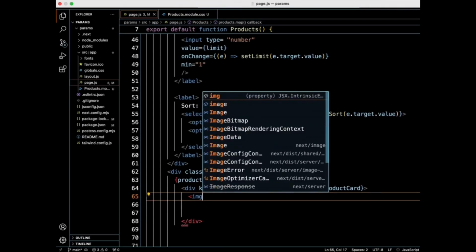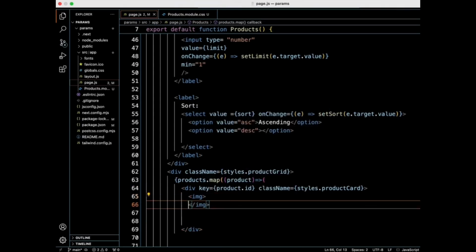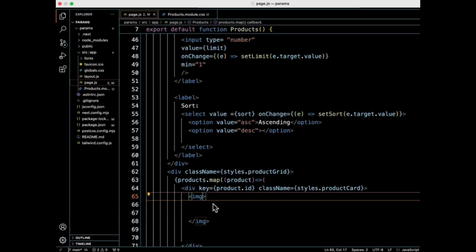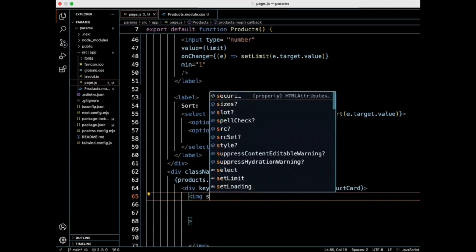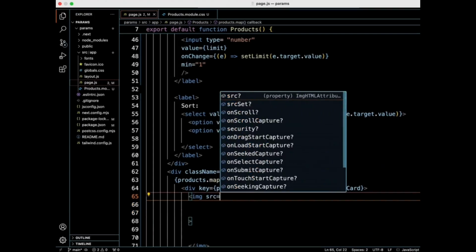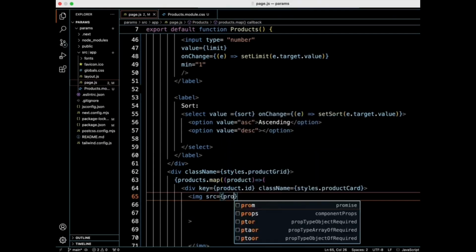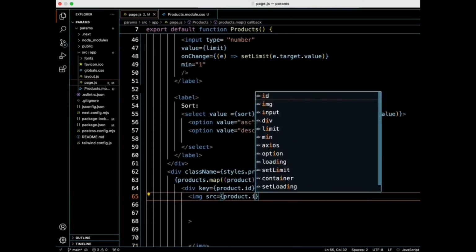So we're just going to call in image, and of course our image tag comes with the source, the ALT, as well as the class name. So we are just going to have product.image,